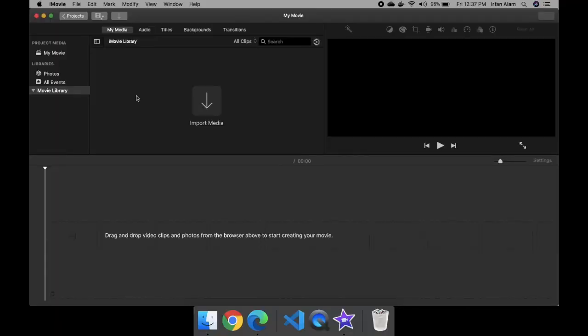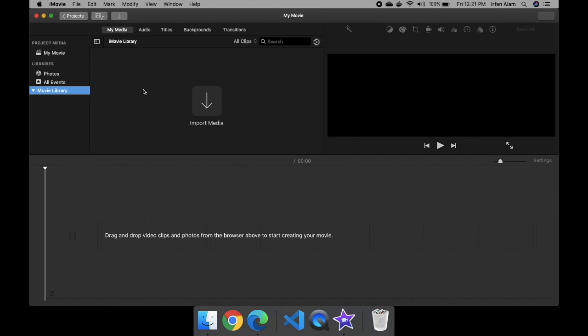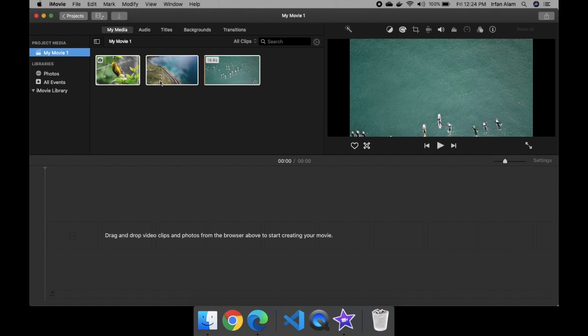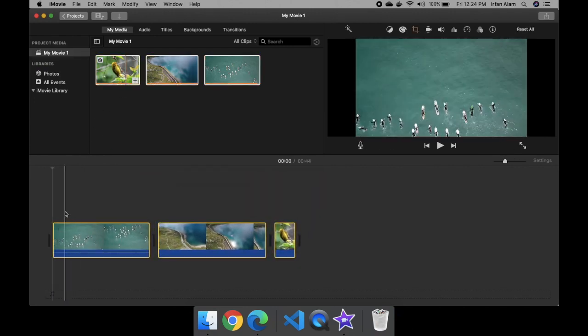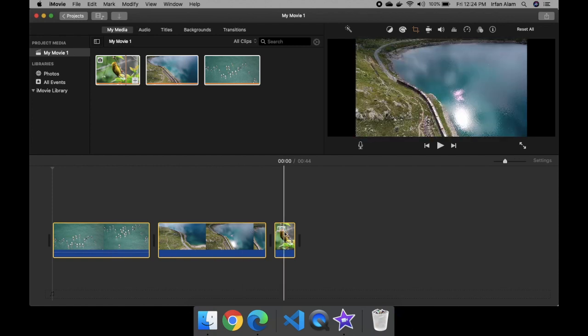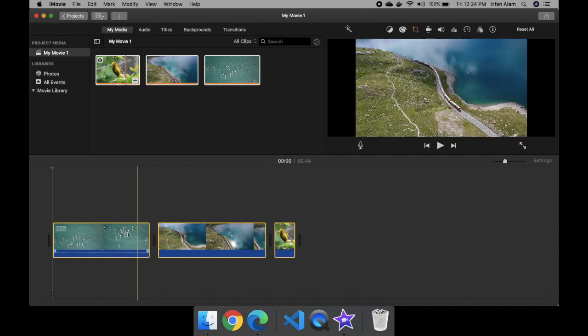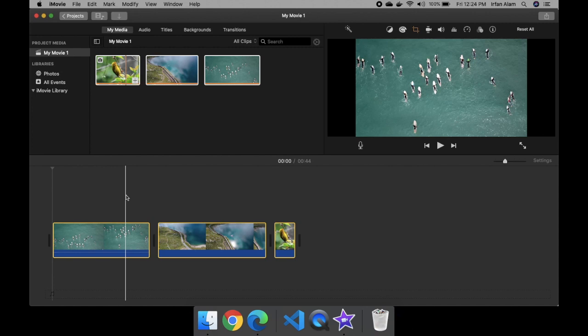There are multiple ways to do this, but I am using the simplest way. So this is the iMovie application. Let's create a project here so that we can move that project to another Mac. Add some videos and photos in this project. So we added some videos and photos here. Let's add it to the timeline. So you can see here, first this is video, second is this one, and third one is this one. So we will move this iMovie project to another Mac.